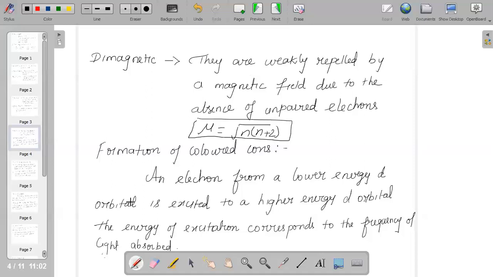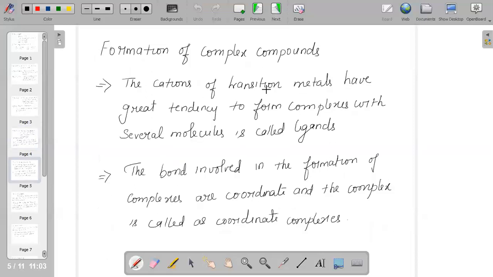So when we say any element given from your transition elements, they will have either entirely empty or entirely filled 3d orbital. That means they do not have any unpaired electrons, hence it will appear colorless. If they have unpaired electrons or partially filled d orbital, then they will exhibit color. It is an important fact to know.